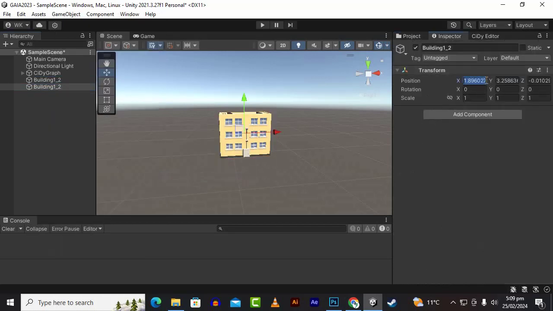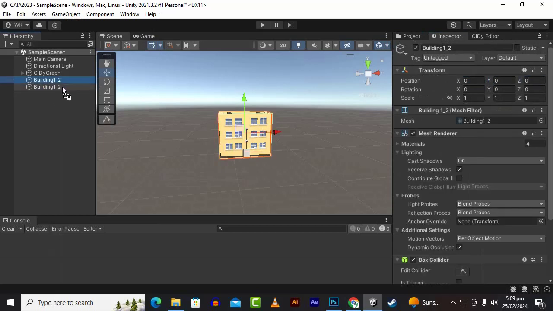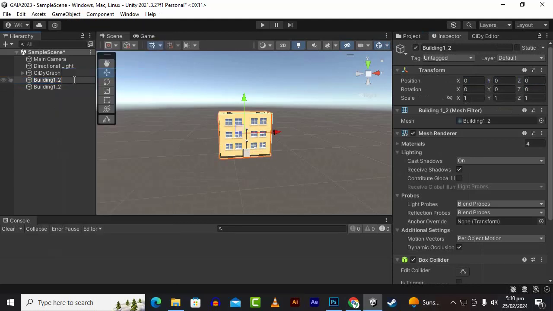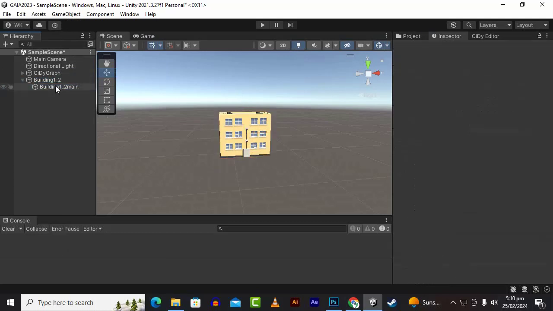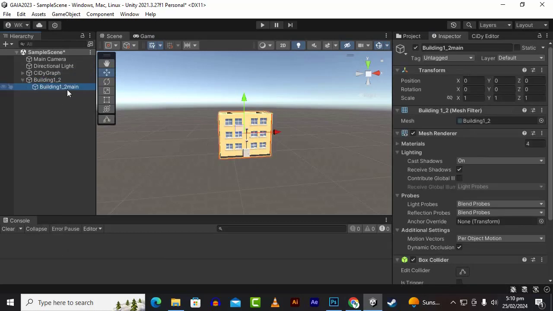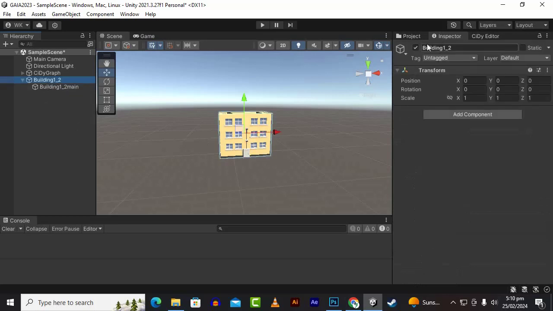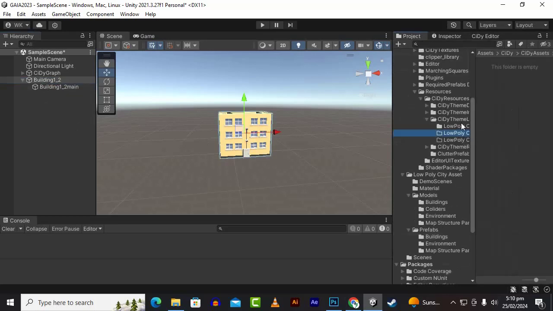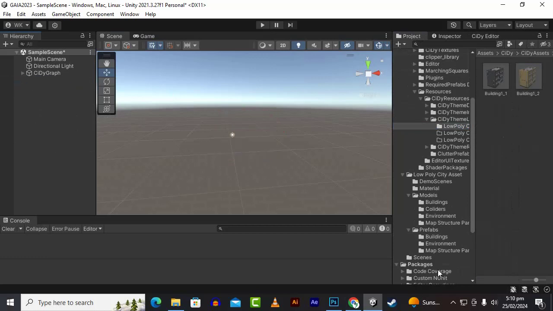So here we'll just bring it to 0 0 0, and for the building we'll just rename it to main, and you can see we have the correct positions, and then we will just bring it here. Okay, so this is the second prefab. In this way we will create some prefabs, and then we will resume the